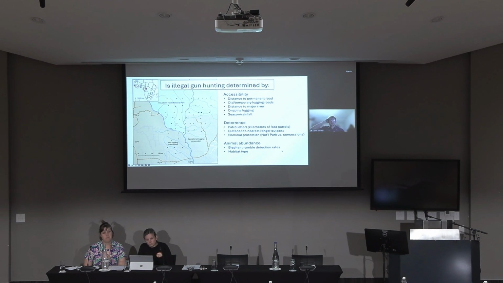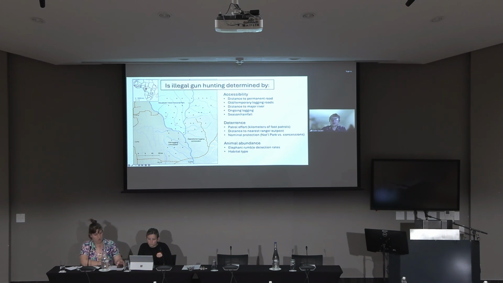And then lastly, we accounted for a type of null hypothesis that poachers might simply be going to places with lots of animals to target, regardless of accessibility and deterrence factors. So as a type of control, I included detection rates of elephant rumble vocalizations at each site as a proxy